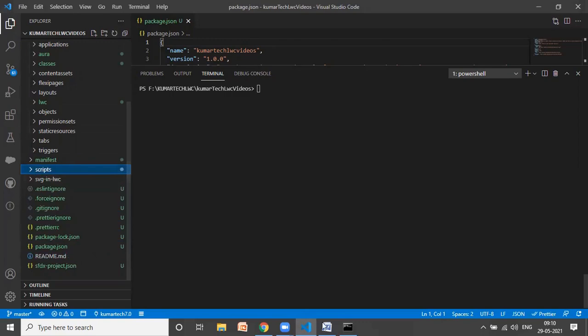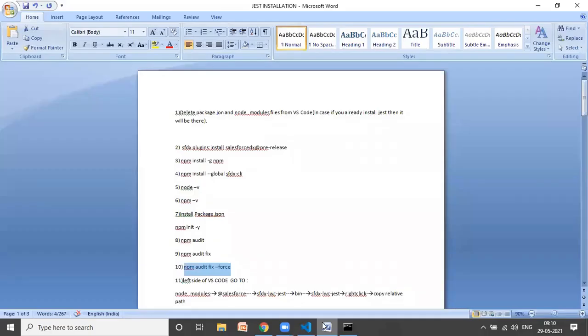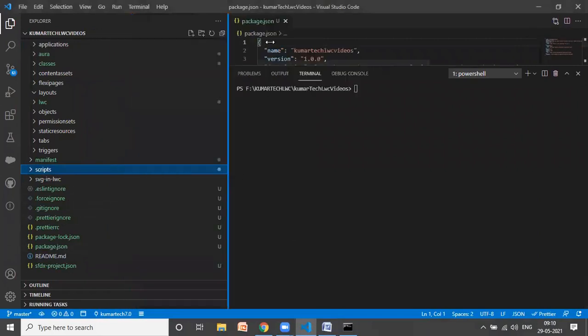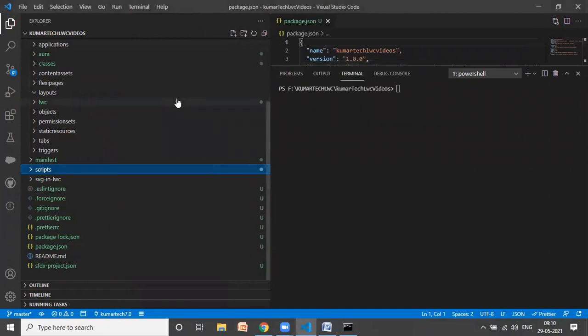Okay, on the left side is node_modules. Just go here and go left.